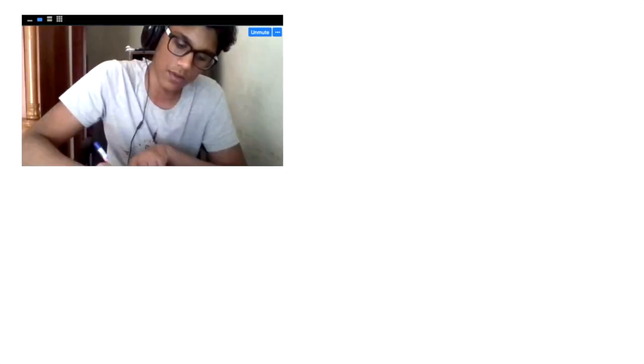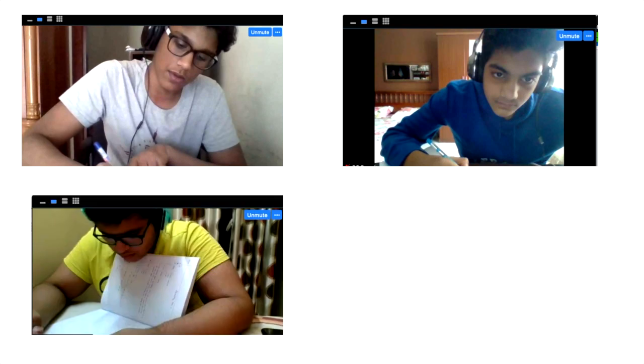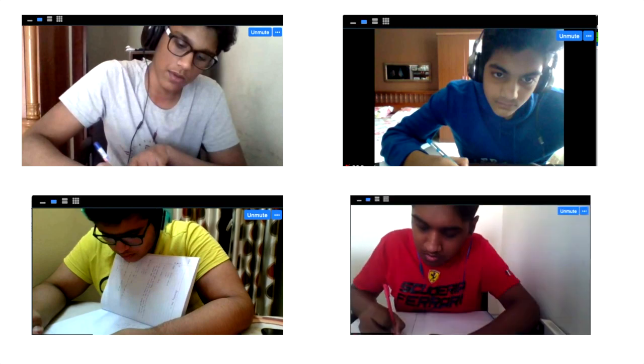Then I will show some of the student posters, how they have to be in the online exam. So here we can see the student's face, and we can see that he is writing something, he is not using any gadgets or things like that. Here it is more visible that he is focusing on the screen, and here it is a little more clear. We can see his notebook, and he is looking at the notebook and writing, then he is looking at the screen to see the question paper. And here also it is clear that he is writing in a book.